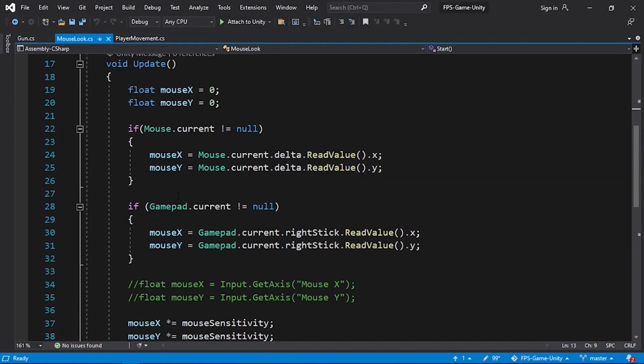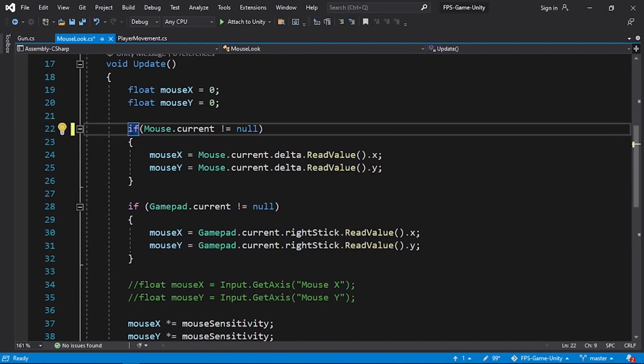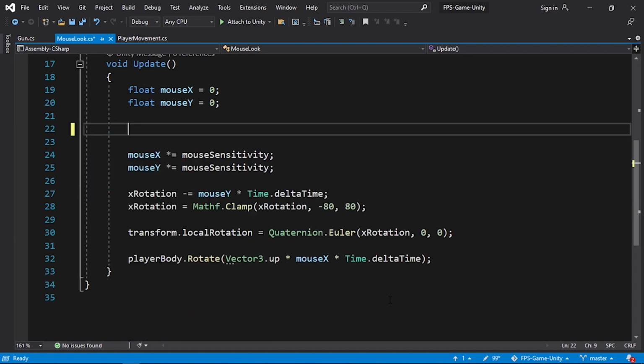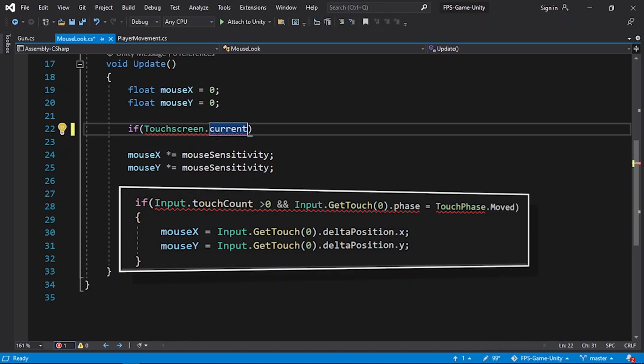So here we are using the new input system. So let's get rid of these lines of code. And let's use if Touchscreen.current. So this is the new input system. If you are using the old one, you need to use Input.GetTouch. So it's going to be a little bit different, but I'm going to add the equivalent lines of code if you are using the old input system. So let's use